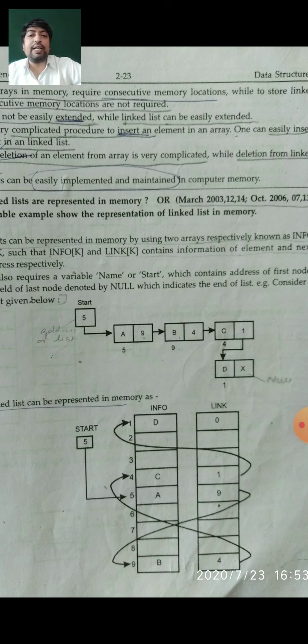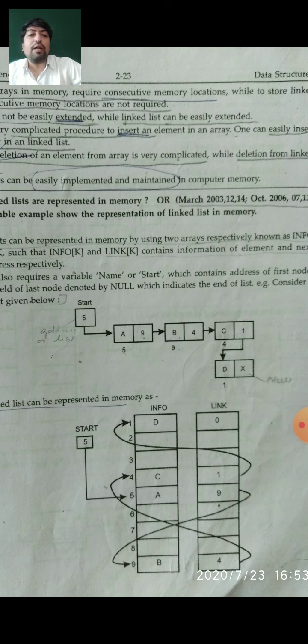Number 5 is at the starting node. A is the first element, B is the second element, C is the third element and D is the fourth element. Total number of nodes is 5. You can see the address of the first node contains the address of the next node, the addresses 5, 9, 4 and 1. You can take any answer of your own thinking. So the node A has the link part 9, which is the actual address of the next node.